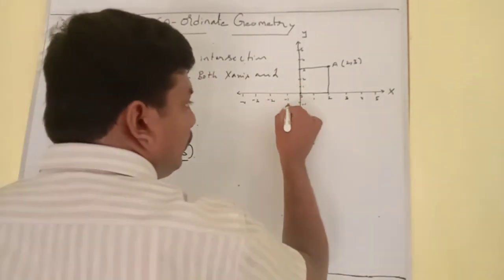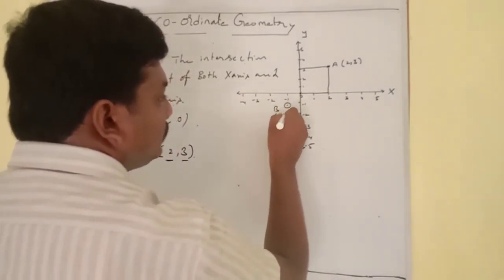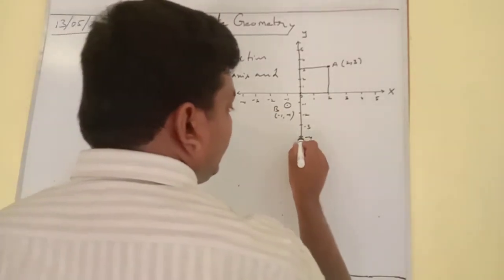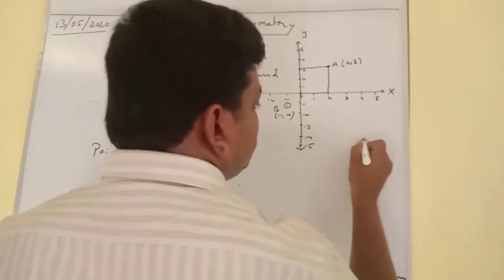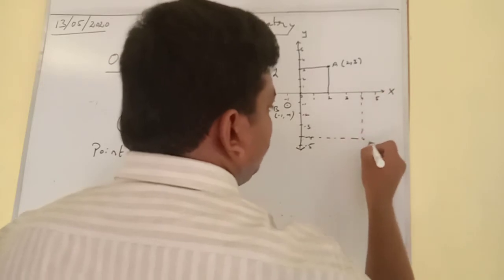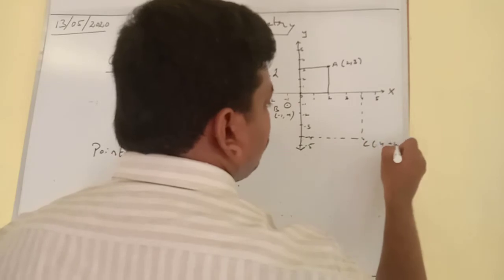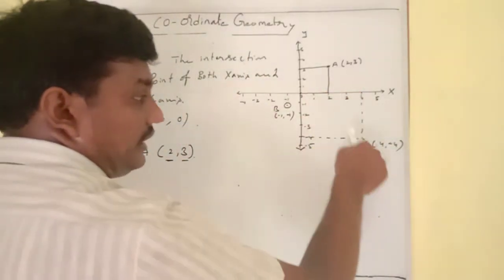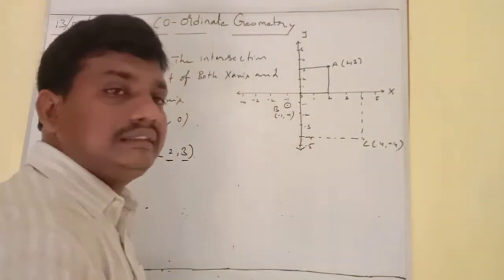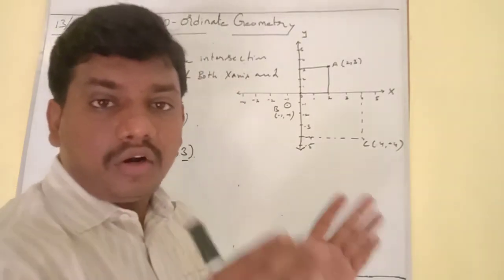So this is the point (-1, 1). This is B, and you can also consider (-1, -1). Suppose you take (-4, 4). You can consider point C as, sorry, (4, -4), because the x value should be considered first and the y value next. That's the reason why this is called an ordered pair.